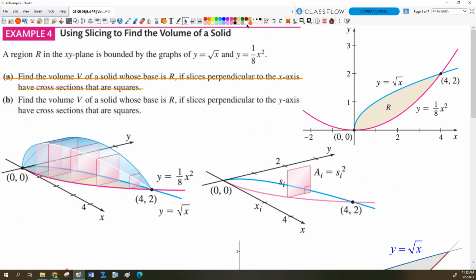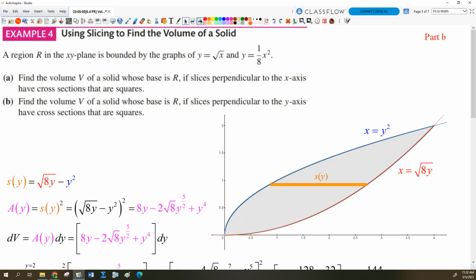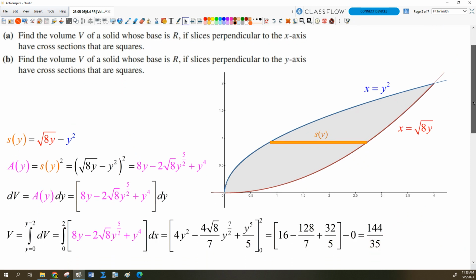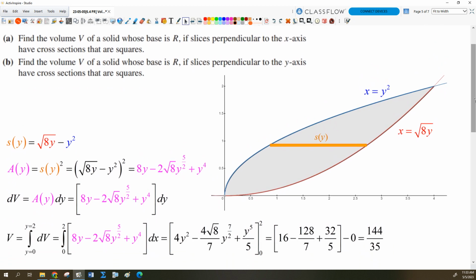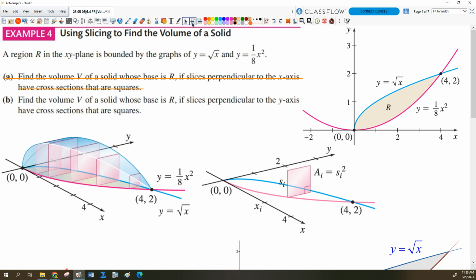All right, so there's that guy. If we wanted to do this about the y-axis, we would have to change things a little bit, right? Then that means now we're going to have to find this distance, and so we have to treat these as functions of y instead, right? So all we have to do is just go to our last example and